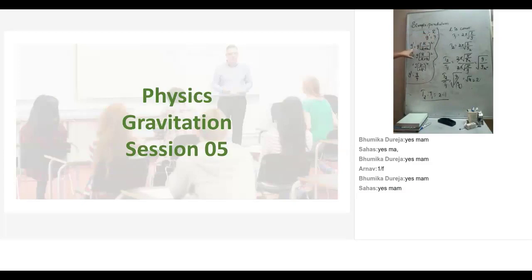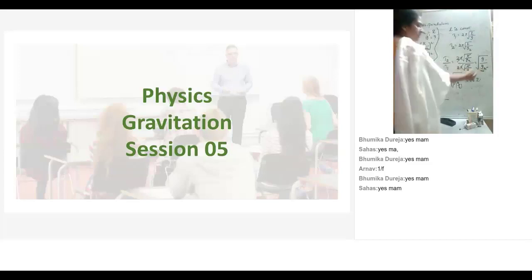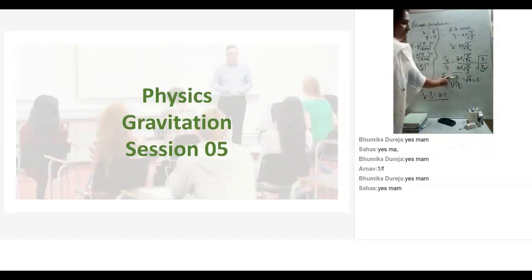So the new value of g can be found by using this expression. You have learned it in session 3. This is the expression to find the new value of g at a height h. When you make simplifications, you get the new value of g to be 4 times lesser than the original acceleration due to gravity. And now when I substitute it here, g and g get cancelled out,